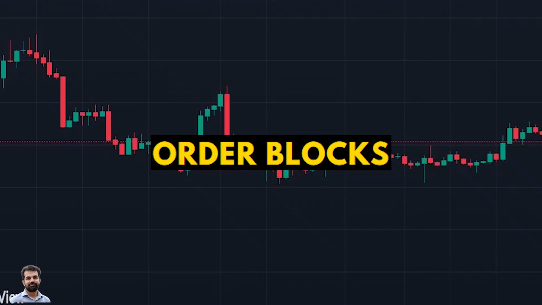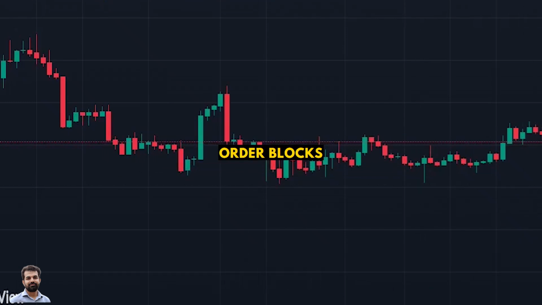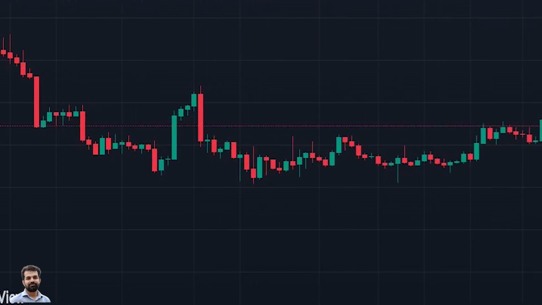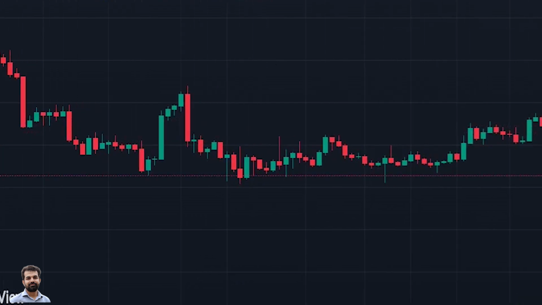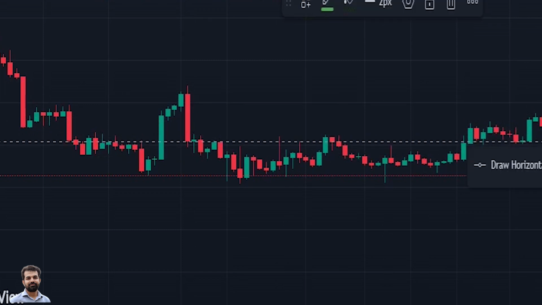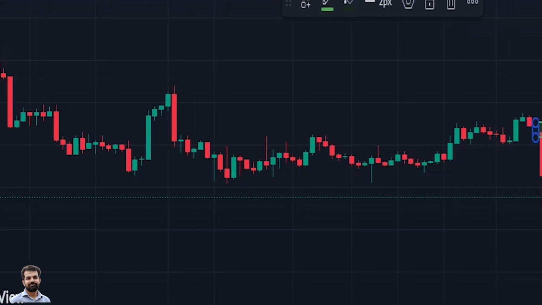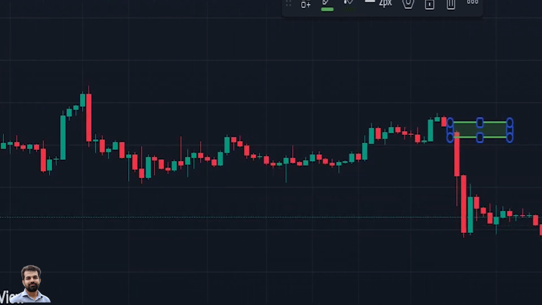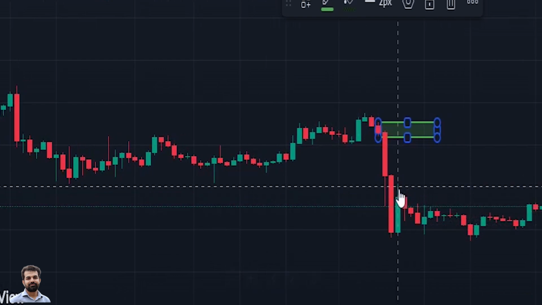Order blocks are areas in trading that present interesting opportunities. But have you ever wondered why some order blocks are successful while others are overlooked by the market? To address this question, we analyze the key characteristics of effective order blocks in various market conditions that gain recognition from traders. We have implemented several rules to assess their impact on the success rate of order blocks and have